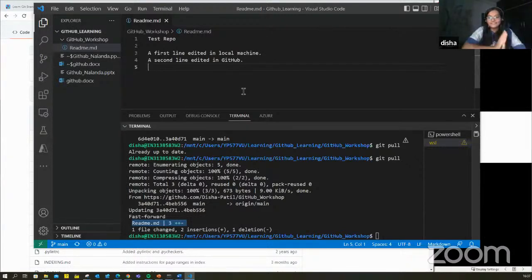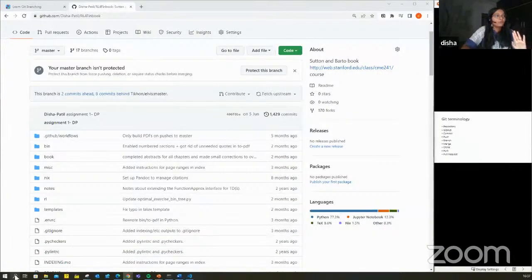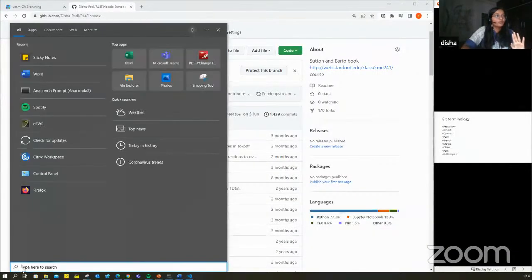If you're not familiar with it, do not jump into this at all. You can go to your Windows search window. I am not sure you are using any kind of programming environment right now.